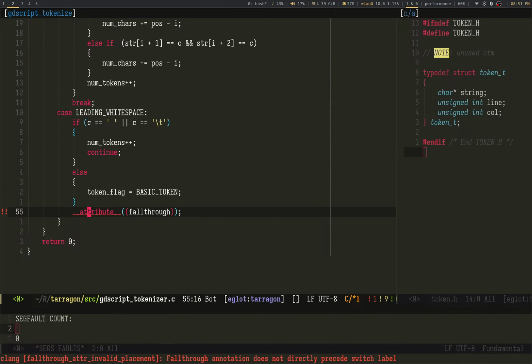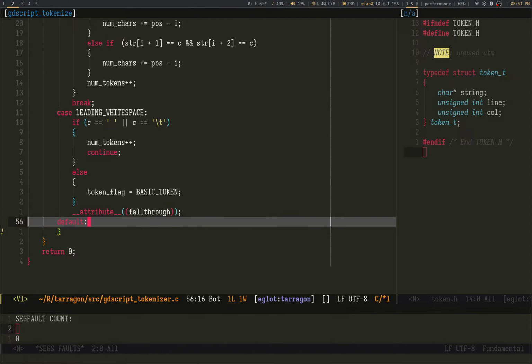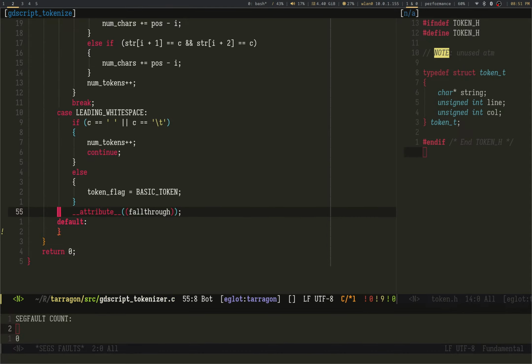What's the problem? Oh yeah, that's the next case. This is actually the default. So you are at a basic token, and if you're living life, num tokens plus plus num characters.